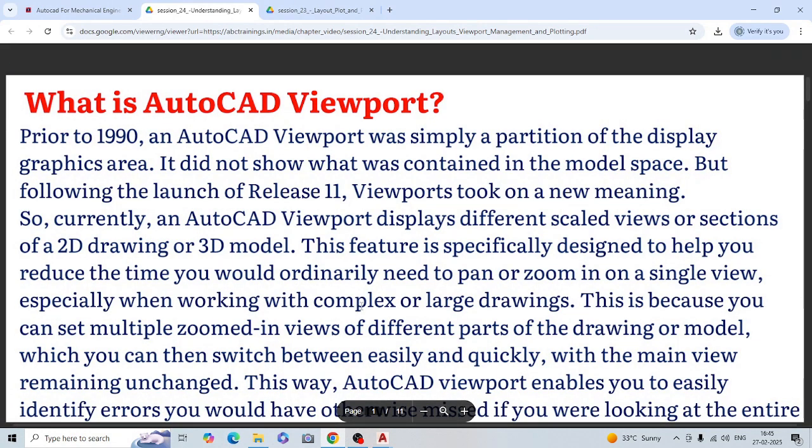Hello everyone, in this session we are going to learn about viewport in AutoCAD. What is AutoCAD viewport? Prior to 1990 in AutoCAD, viewport was simply a partition of the display graphics area. It did not show what was contained in the model space, but following the launch of release 11, viewports took on a new meaning. So currently, an AutoCAD viewport displays different scaled views or sections of a 2D drawing or